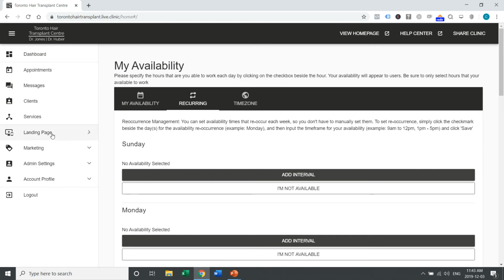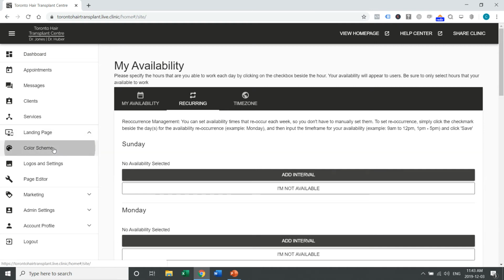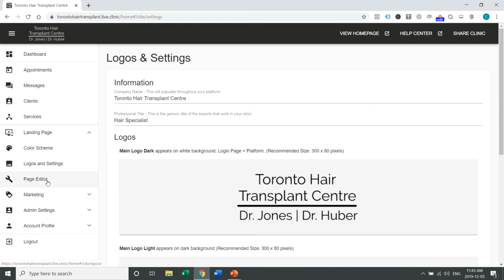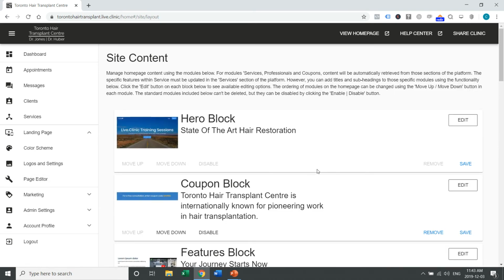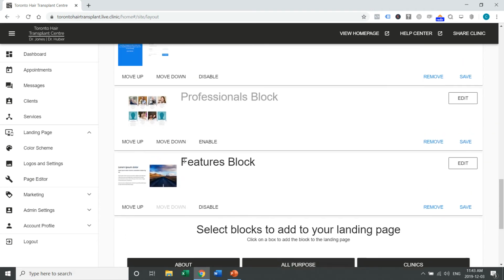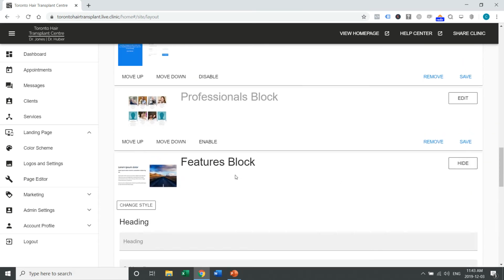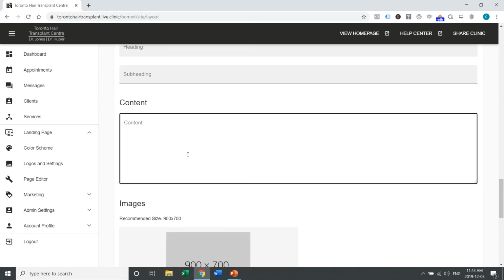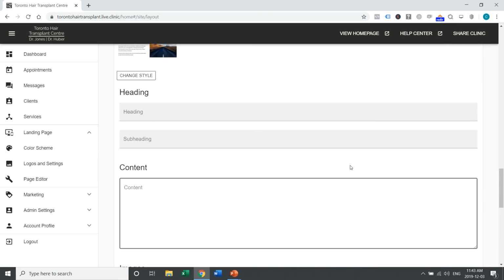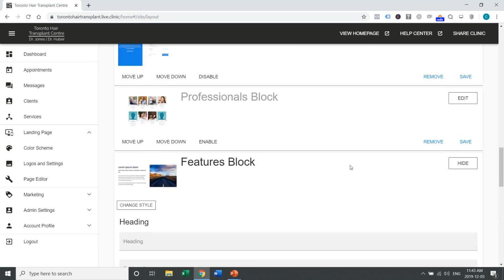On the landing page here, this is how you actually set up your website itself. So you would start with your color schemes, add your logos, and then create your page itself. And our page is built up of blocks, and the blocks are all at the bottom. And you simply add a block that you would like, for example, features, and then you edit it. Add your text and content here, images, and save. You can then move these up and down